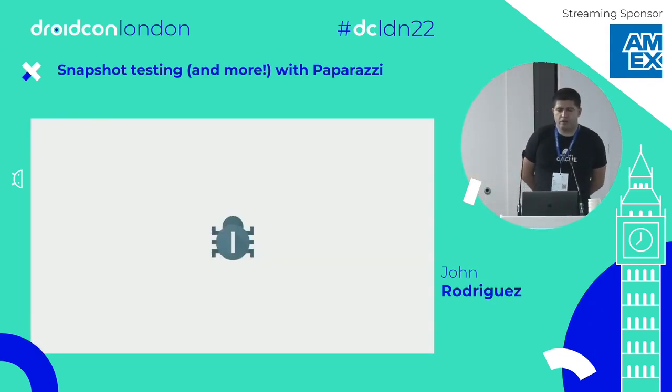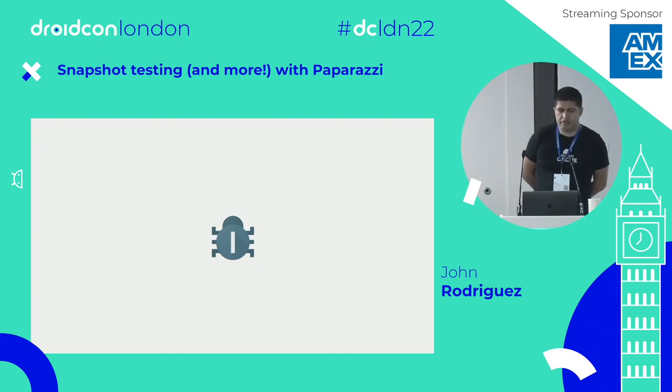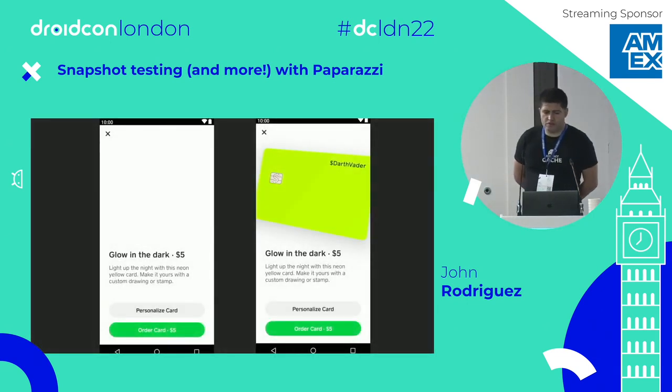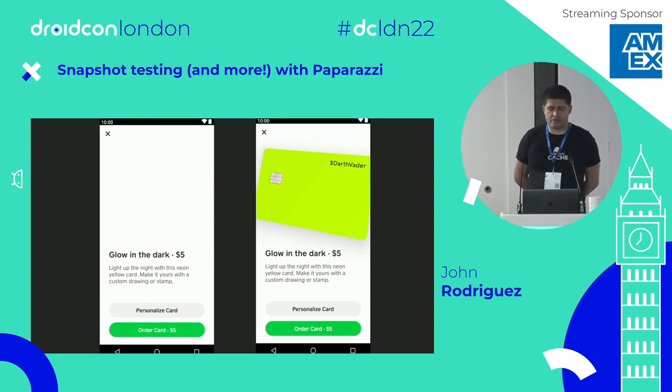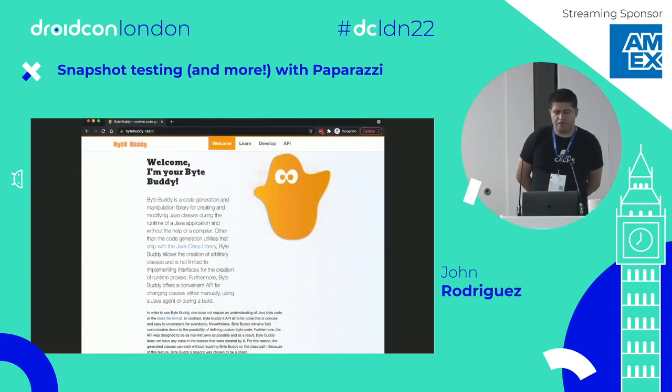One thing to know if you are interested in contributing to Paparazzi is that layoutlib bugs become Paparazzi bugs. For example, we do a fair amount of 3D graphics using Filament to render our cache card. And a while back, we had this interesting scenario where the card wasn't rendering. And before I talk about how we solved it,